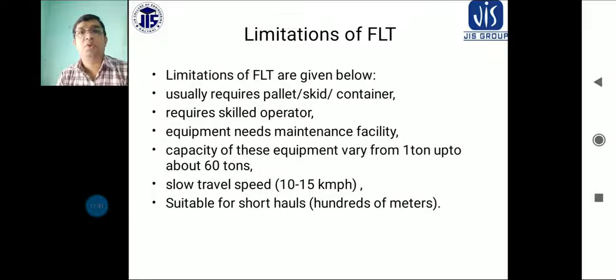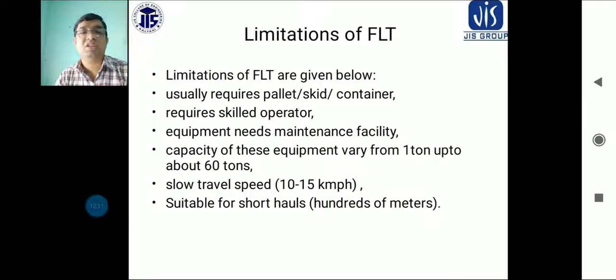You require proper maintenance of the equipment, that means proper maintenance facilities. Otherwise the equipment will not do the job properly, because the forklift will require maintenance according to the system, properly maintained after a time duration, that means every 3 weeks or 4 weeks, in the proper way. And another thing is that the capacity of this equipment varies from 1 ton